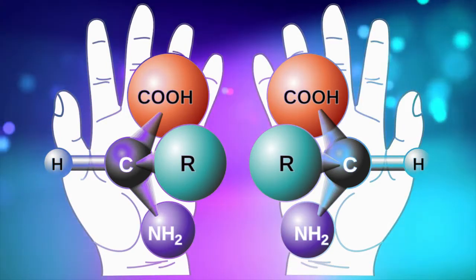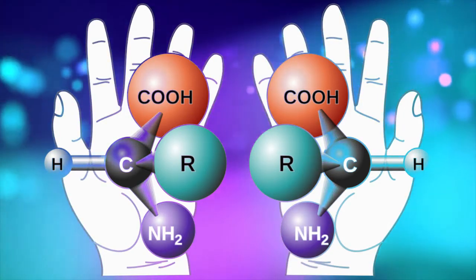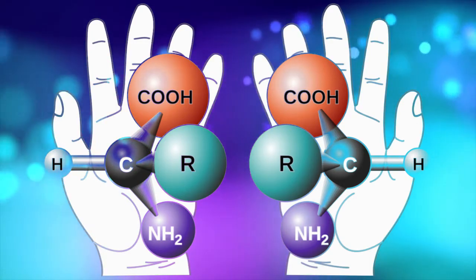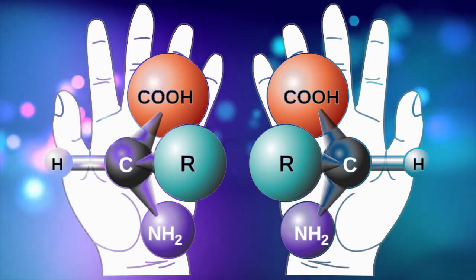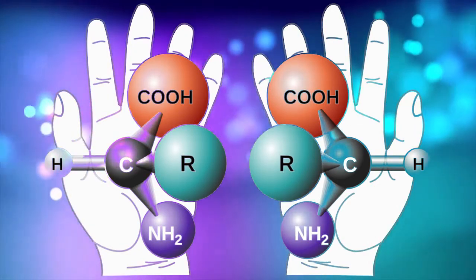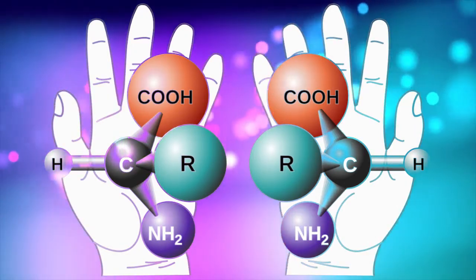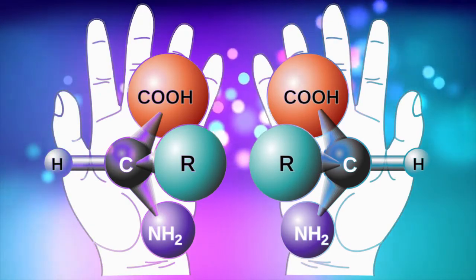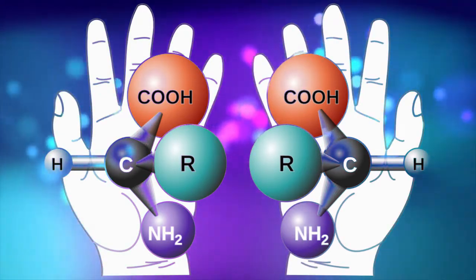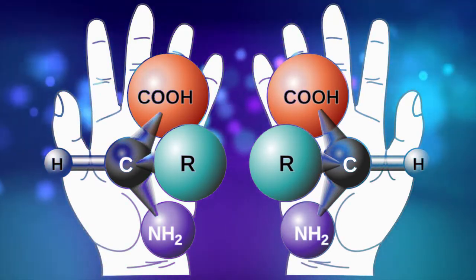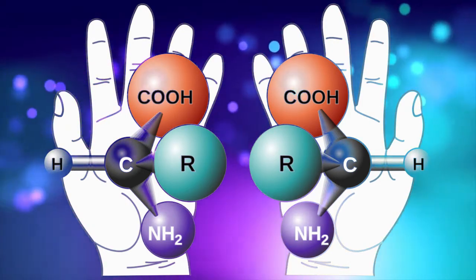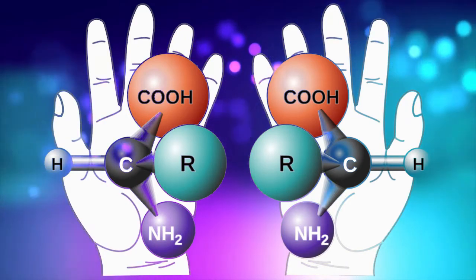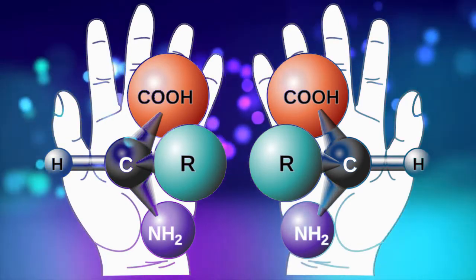You see the central atom is carbon, okay? On the left hand side the atom is hydrogen and the right side atom is R, that is the alkyl group, and at the top we have the acid COOH, and at the bottom we have the amine group, NH2. Now if you see from the right, you are seeing just the mirror image of this particular thing, okay? Now what is the mirror image?